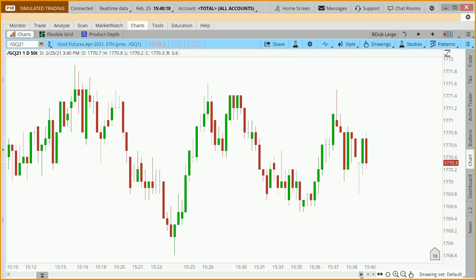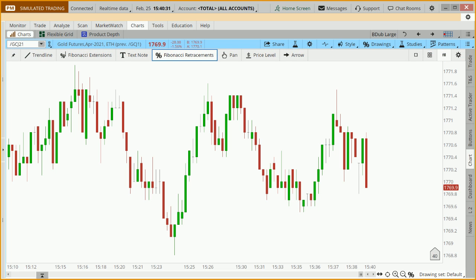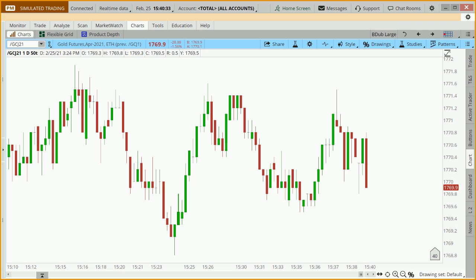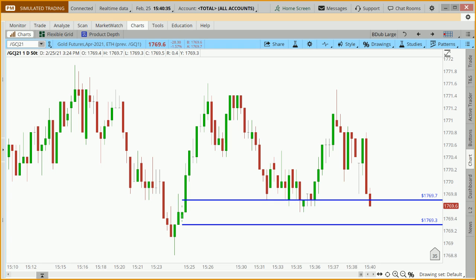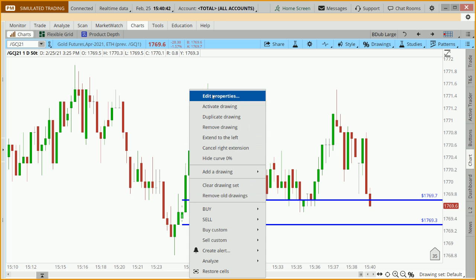If I want to look for where I should buy, looking left and down, my eye just gets drawn to the larger range candles. Now this has already been used, but it was a good area where there were no sellers. So, taking a look at that, you can see rally, base, and rally. So when prices were in that area,